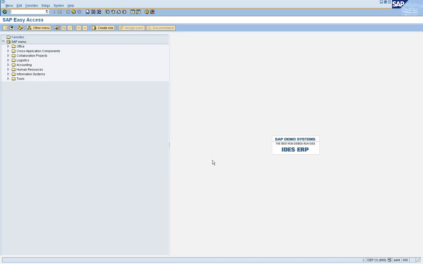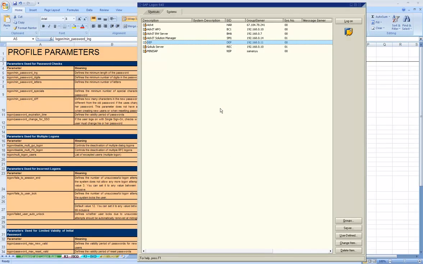And it's also a good SAP security practice to implement these parameters in the profile parameters. Now, putting the parameters in the system is a basis job, because once you put the parameters in, you have to restart the SAP system, which is SAP basis administration job.